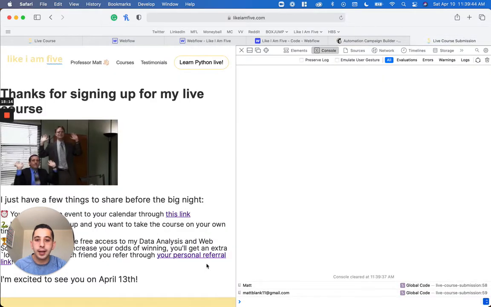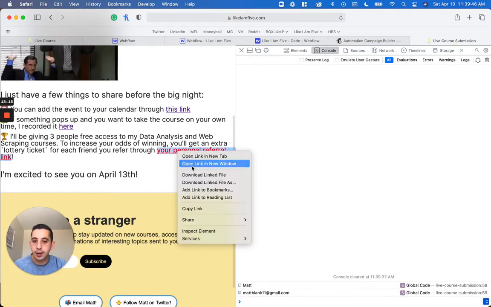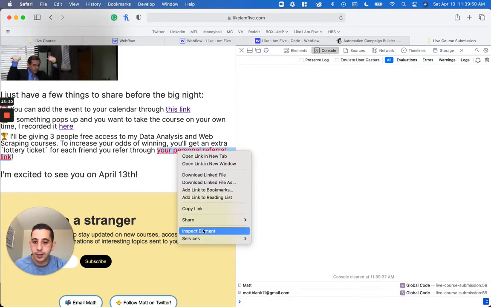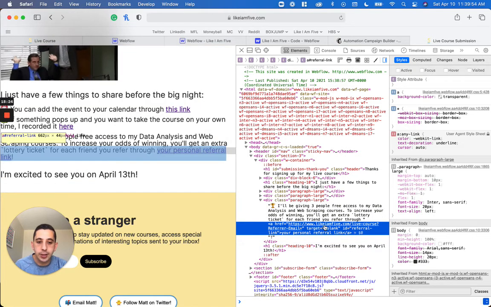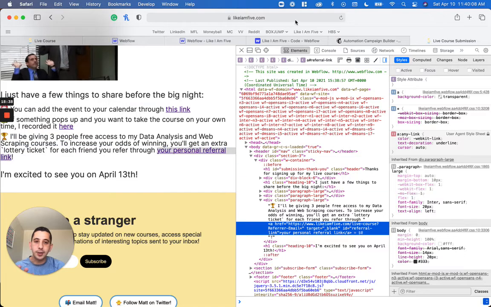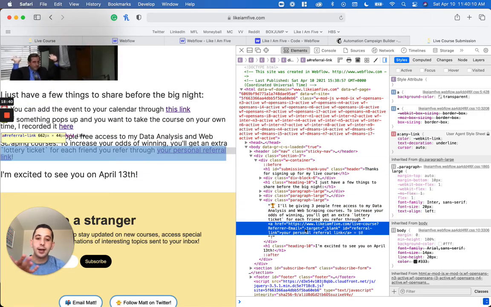And then similarly, we're going to take this link here, inspect element. We're going to take this link here, which is currently just what we saw earlier on Mailchimp. It's just the unpersonalized version of this. It's https://www.likeim5.com/livecourse ?refer email. And we want to append the refer email, which in this case is mattblank11@gmail.com, to that URL